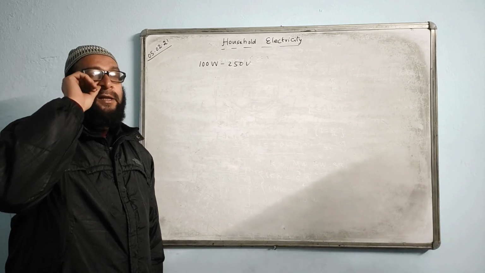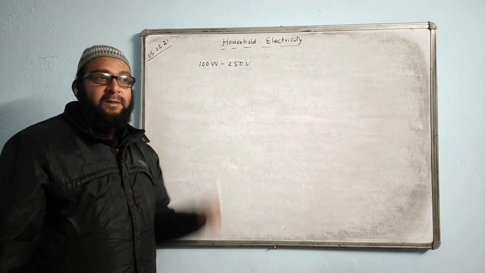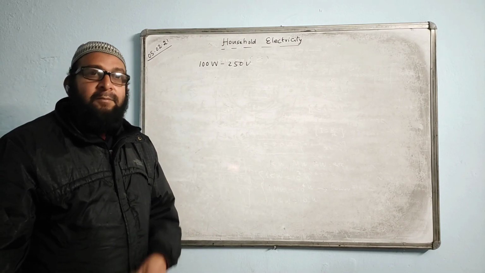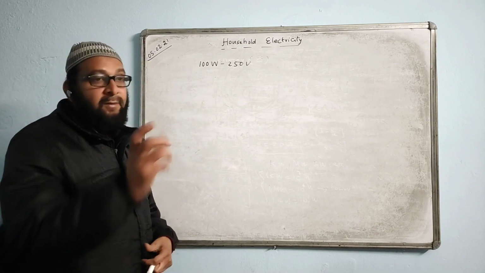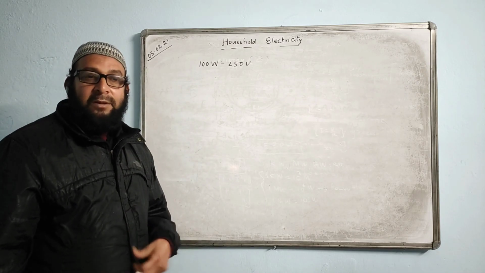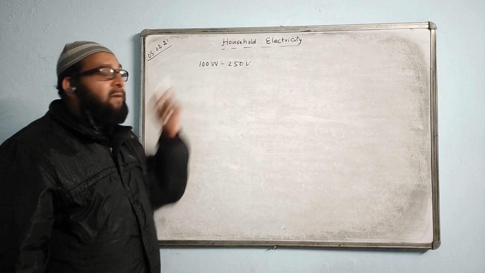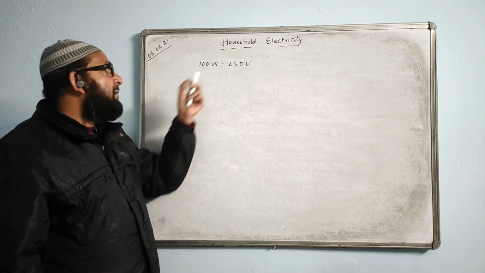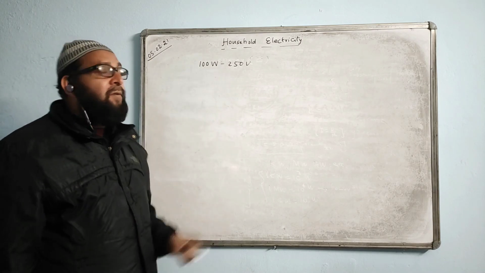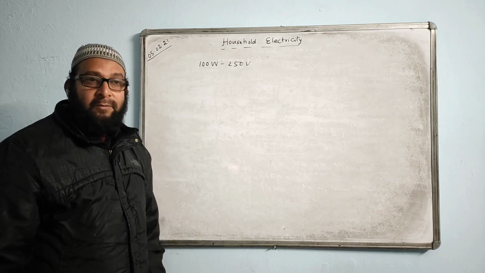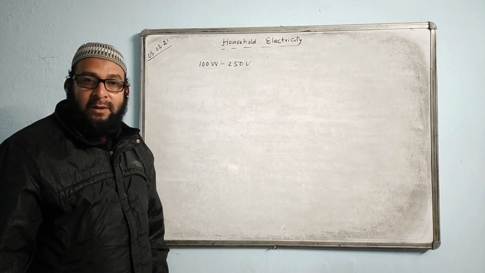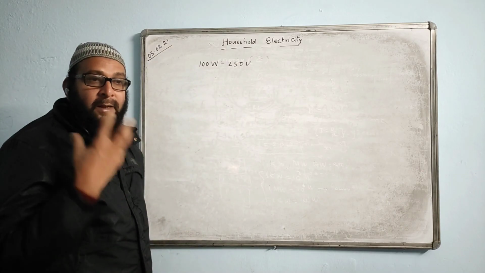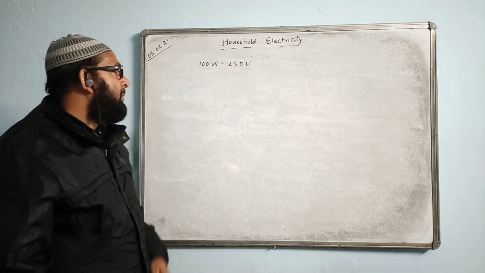Same way they say about anything else. The particular thing is rated this watt, this much volt. The meaning is that it can withstand a maximum voltage of whatever value is given, and at that voltage it will consume this much power, whatever they mention. By chance, if the voltage fluctuates and becomes higher than 250 volt, then the bulb will get damaged, the bulb will fuse. The bulb cannot withstand that high voltage. So this is the maximum voltage that the bulb can bear.